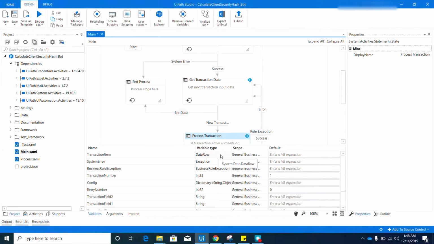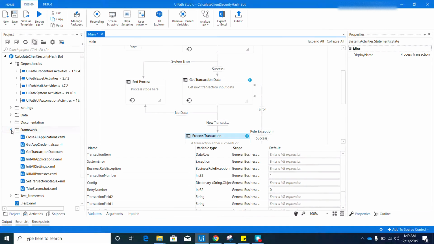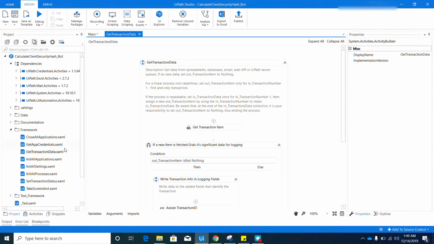We will use directly the data that we will capture from the ACME System 1 system. So the first workflow that we need to fix in here is the GetTransactionData.xaml. You can go on the framework and look for GetTransactionData.xaml,